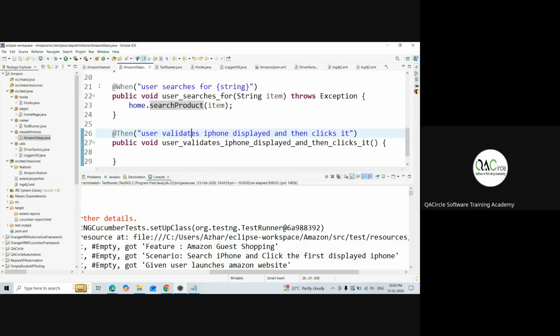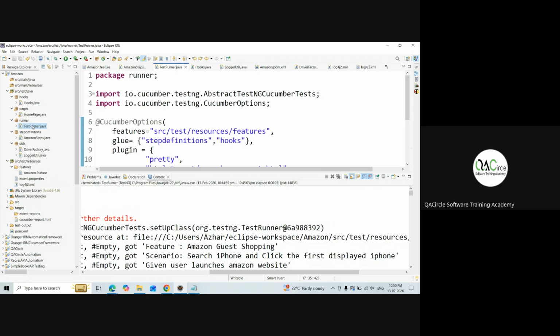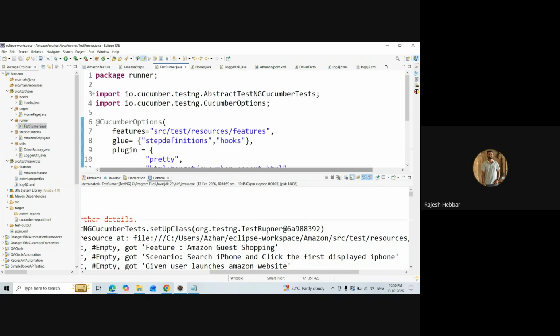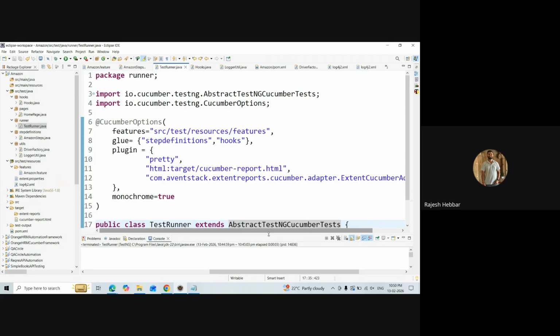Where did we miss? I'm trying to use the test runner only. Test runner, everything we added. Sir, is it specifically looking for the annotation test? That's what it says, but we are not worried about test. It should run Given, When, Then. So is there an issue with